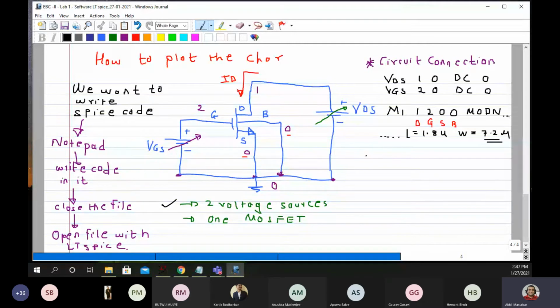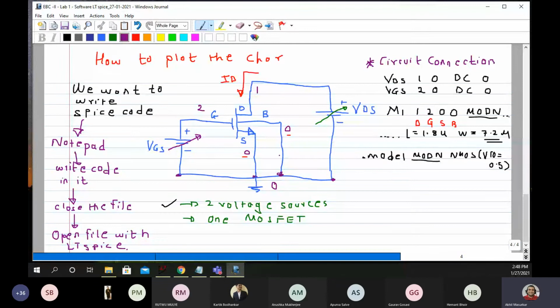So for that I will write dot model, whatever is the name here, mod n. Here you can write M11200 and give name as Akhil also, but then you have to say that Akhil is a NMOS. So dot model mod n is a NMOS whose threshold voltage is 0.5 volts.